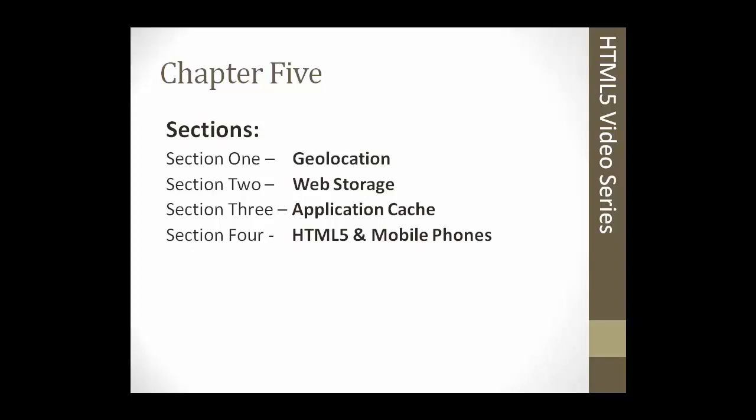And section 2 is web storage, which is basically going to replace JavaScript cookies. It'll allow us to put values on users' local machines in their browser, and then retrieve them at a later time when we need them. If you wanted to put a welcome Bob at the top of the website, it could get the user's name and then display it. And then we're going to learn about application cache, which is all about